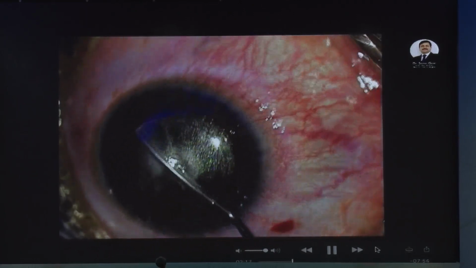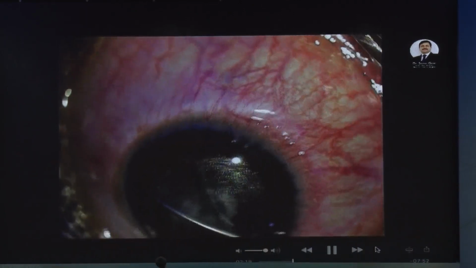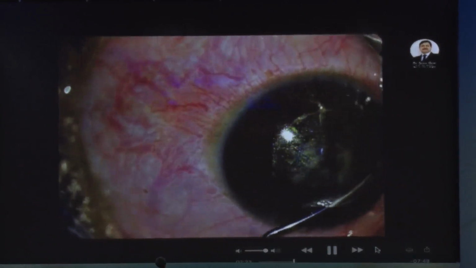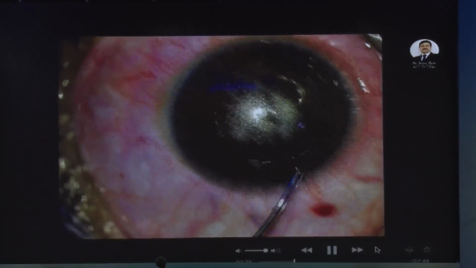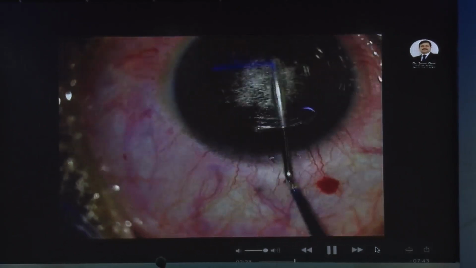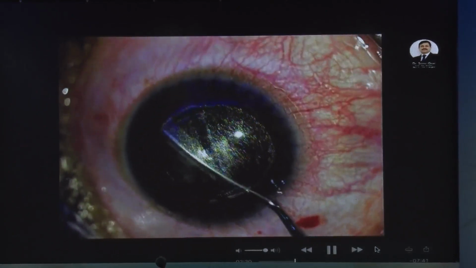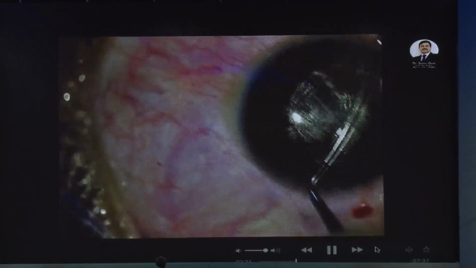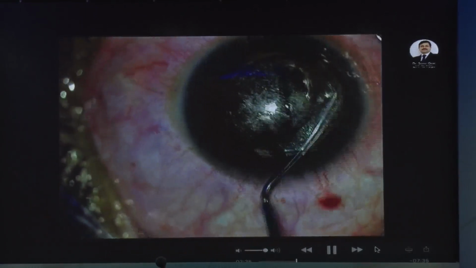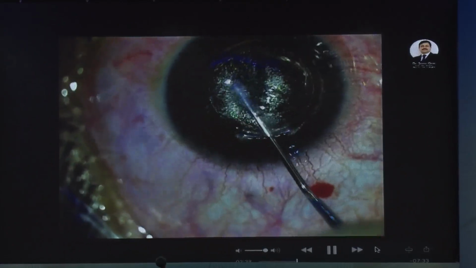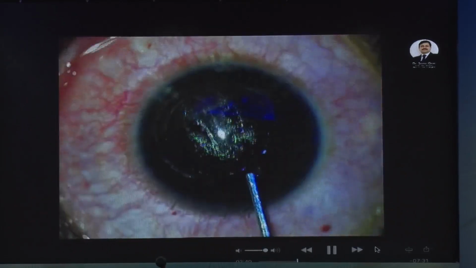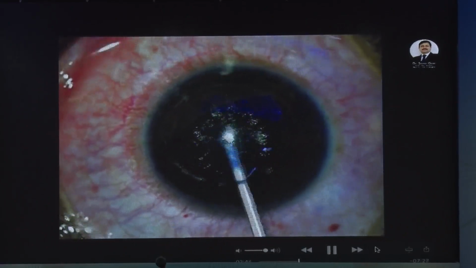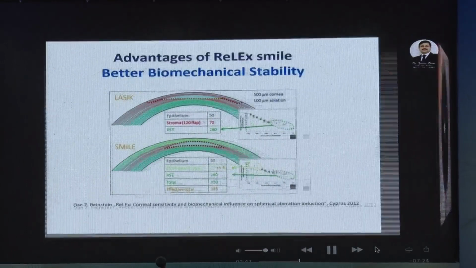So watch again, I separate onto the left side, I again separate onto the right side. That's a 360 degree separation now. I go underneath, and this is the flap, underneath the flap, and then there is a small bridge that I have left on my left side, and then finally I clear this bridge again, go in, push in small BSS, and it gives you a hydro expression.